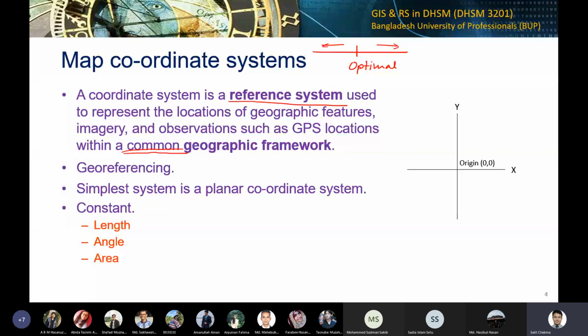Okay, so that means you are also measuring, you are having one origin point, just like this. So that's BUP, the origin point. And for example, this is Mirpur 12. And for example, this is Jatrabari. So you're saying that the distance between point 0, the origin, and point A, which is Mirpur 12, is not that far. Whereas from point 0, the origin, to point B, which is Jatrabari, is too far away. Okay. So we are having these ideas.